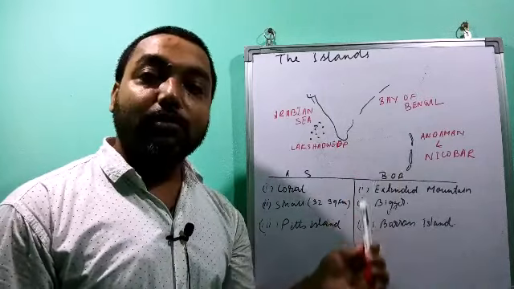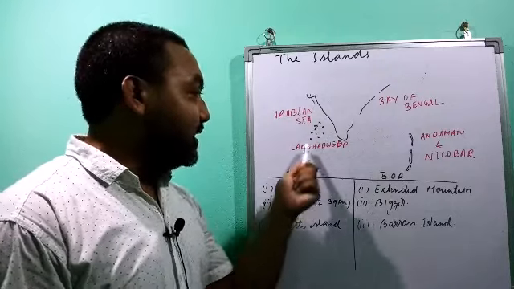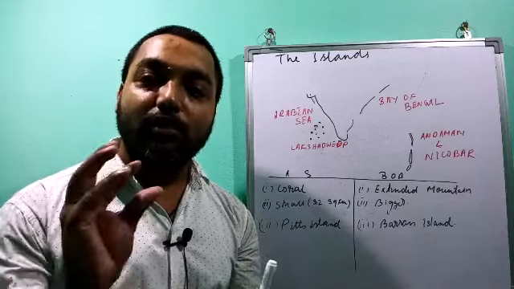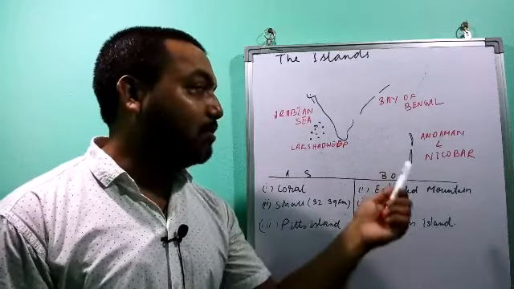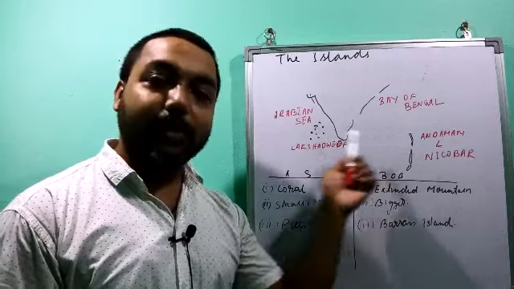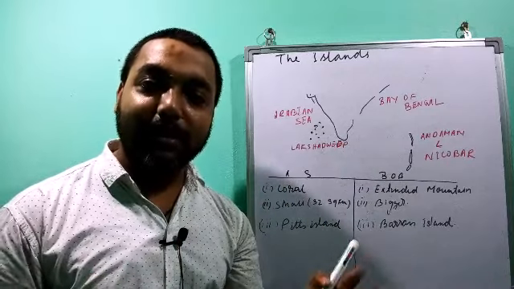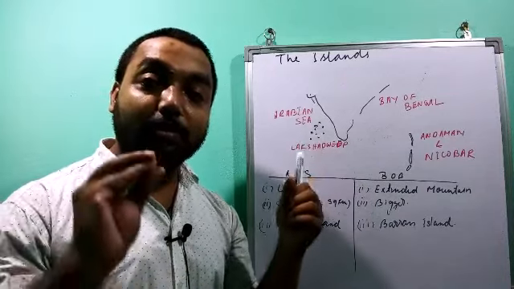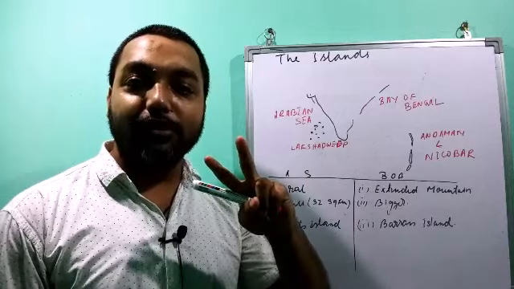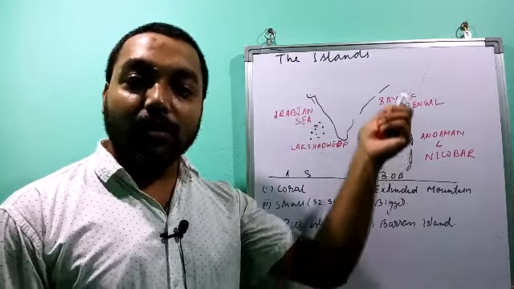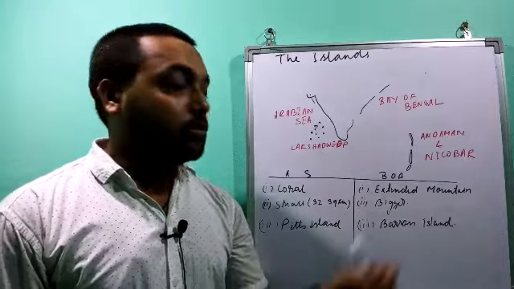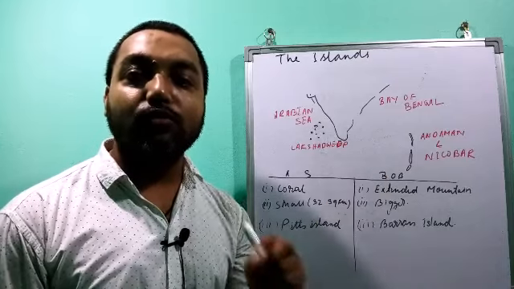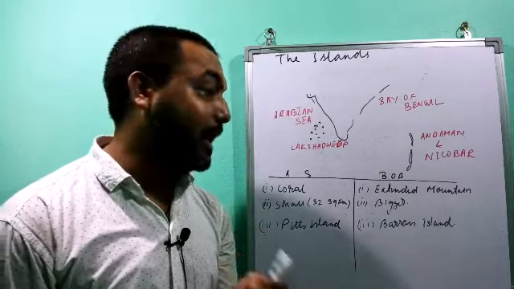This Lakshadweep is very small in size, only 32 square kilometers. But Andaman and Nicobar is comparatively bigger in area. In Andaman and Nicobar there are many small islands. There are two broad divisions. The northern part is known as Andaman, the southern part is known as Nicobar. Apart from this, there are small islands also, but there are two major, big islands.